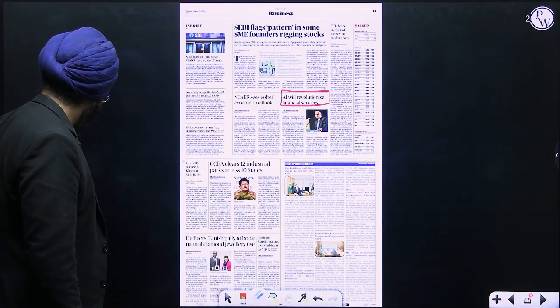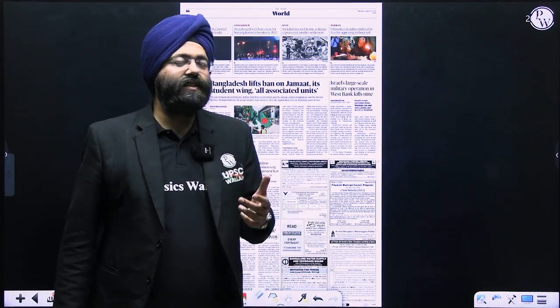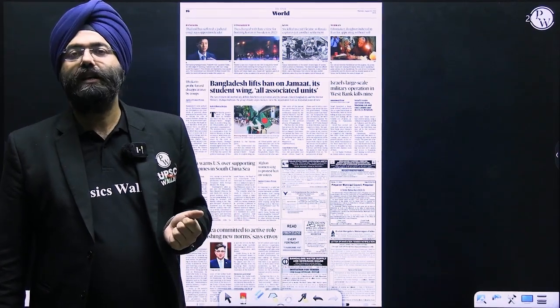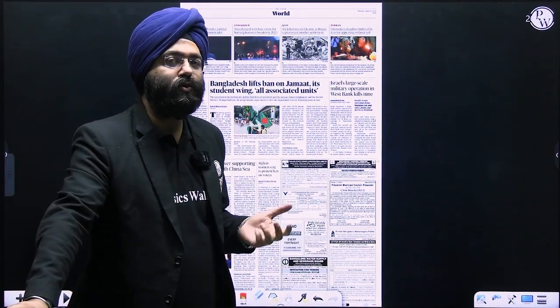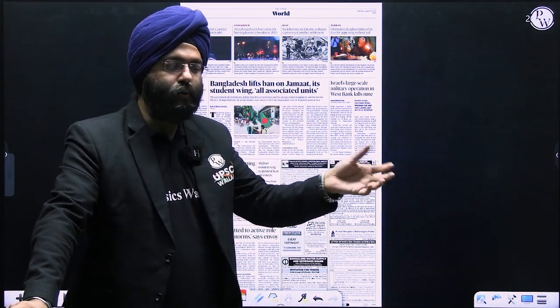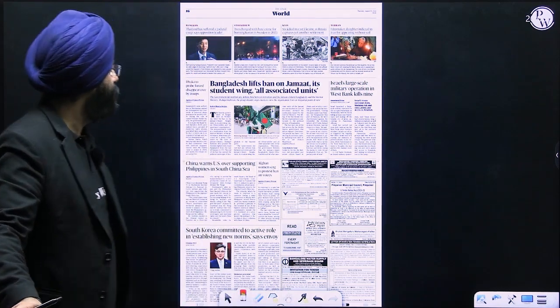Now, AI will revolutionize financial services. A question can come in your examination: how can AI aid the various sectors? Do you realize one of the examples is financial services? It can be asked, how can AI help in financial inclusion? So when you read these articles, it helps you see that this is also a field where AI can be used, right? Next, again,